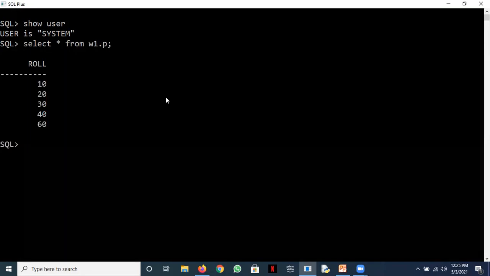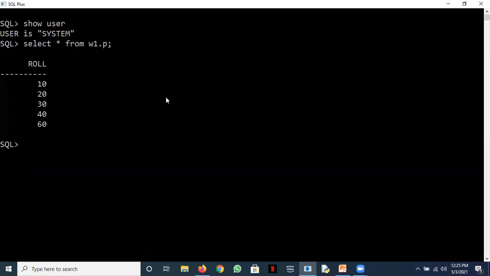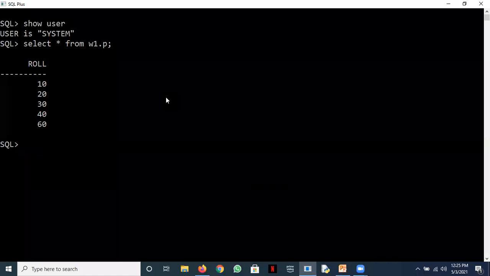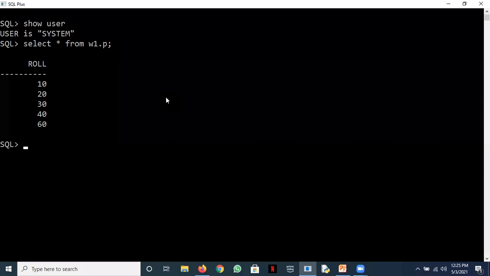See, system is a super user. He does not need any permission from any user. Okay, सिस्टम जो है वो किसी का पासवर्ड भी चेंज कर सकता है, किसी को डिलीट भी कर सकता है, ब्लॉक भी कर सकता है. देखिए